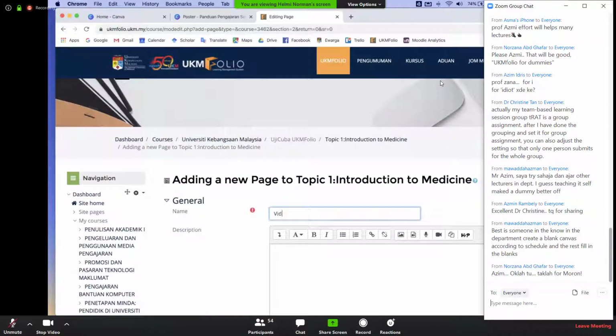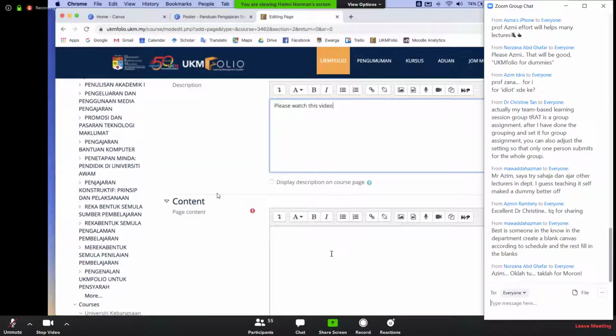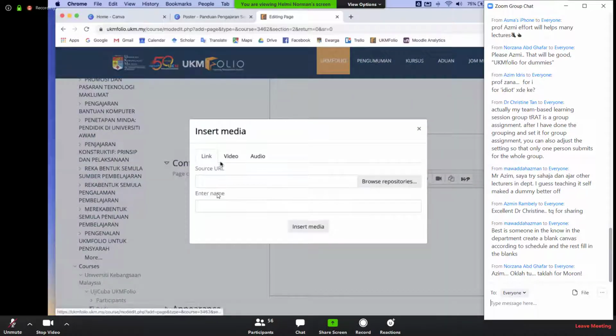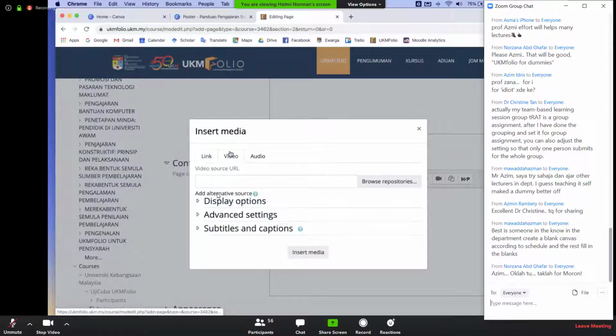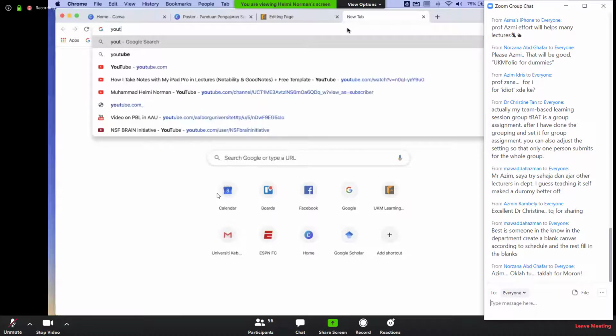When you have that, let's see, video. So maybe in the description, "Please watch this video." And here in the page content, press this button, not the one before, but the video icon with the paper there, right? When you press here, do not press link, but you want the video here, and the URL is anything on YouTube. So let's try YouTube, maybe